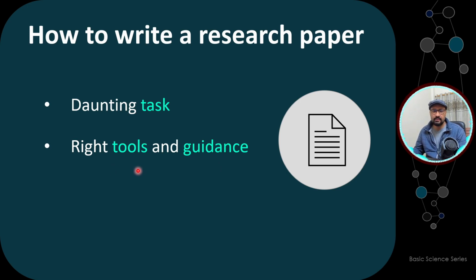Some of the tools I can tell you right now: you need to add citations, so you need to have a better understanding of citation tools. For example, EndNote, Mendeley, there are referencing tools available. You need to understand how you can remove grammatical errors. If you are not an English speaking person like me, you need to find tools so that you can take care of those errors. And then another thing is you need to read a lot. When you're writing a research paper or review article, you have to keep track of everything. You need to see where the information is coming from. So you need all those tools and guidance.